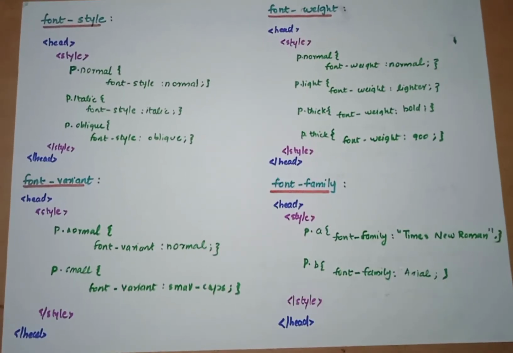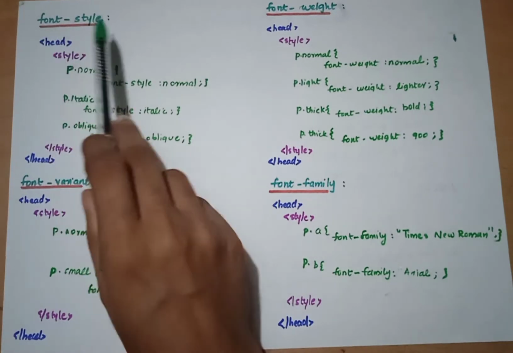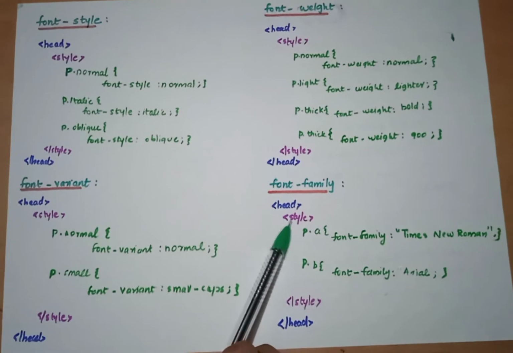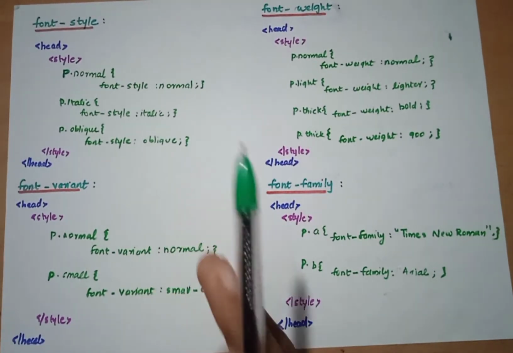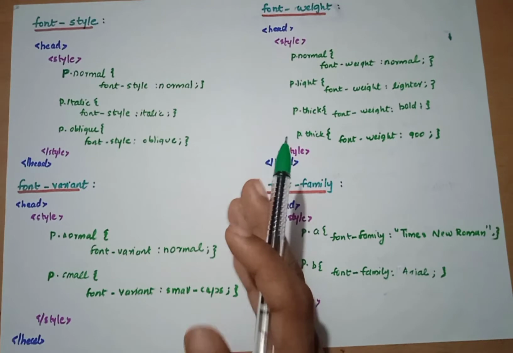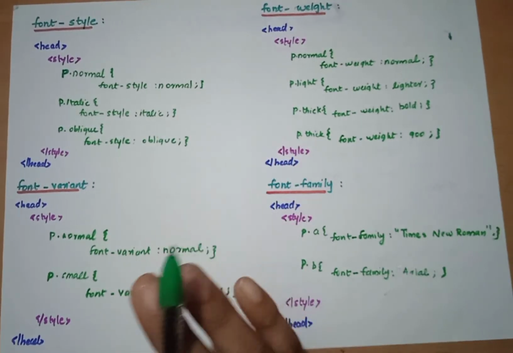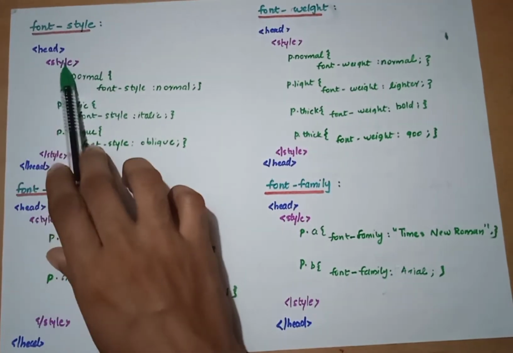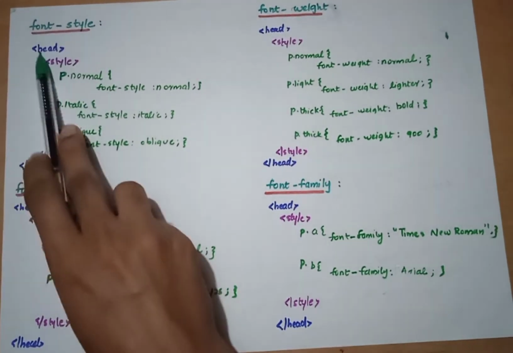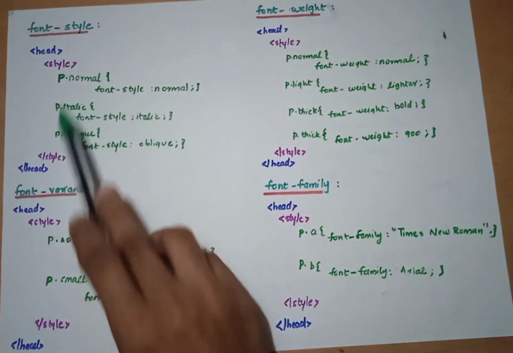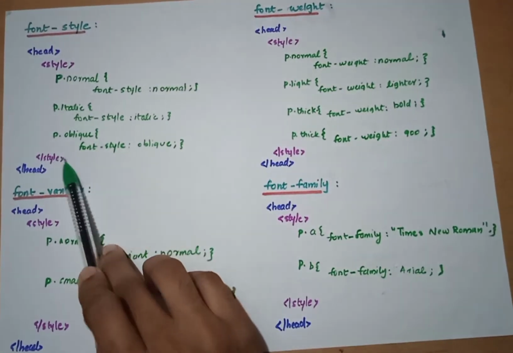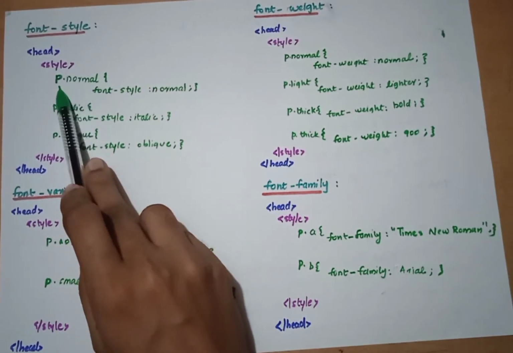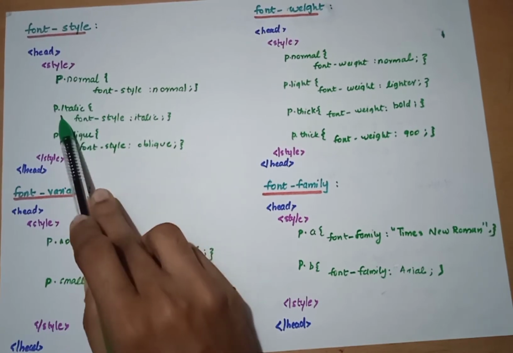As you can see, we also have some properties such as font style, font variant, font weight, and font family. These are different types of CSS properties used to define each area inside the fonts itself. So let's see how this is defined. As this is CSS, we have to mention it every time inside the head tag and also inside the style tag. I have used a class selector here also, that's why you can see some dots.